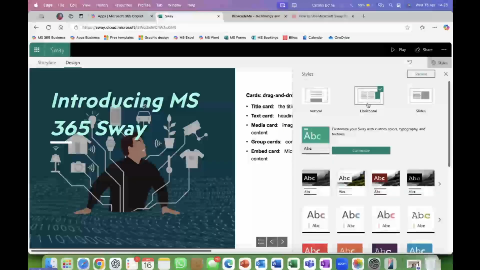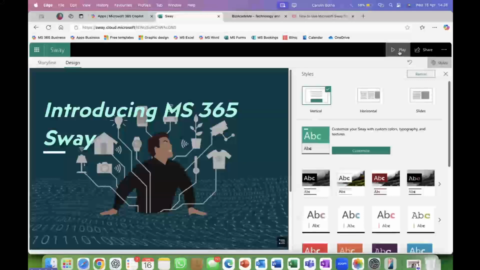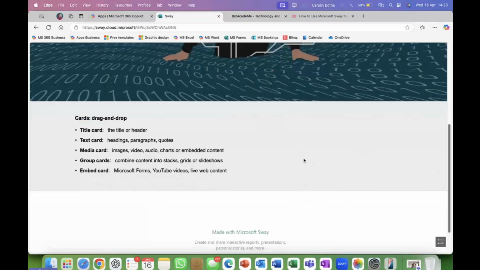You see it is horizontal at the moment, so it's going to the right. So let's go for vertical and play and see what that looks like. Now my heading is on top, and if I scroll down, it will show me the next card. Pretty much a little bit of what it's looking at while we're busy designing.